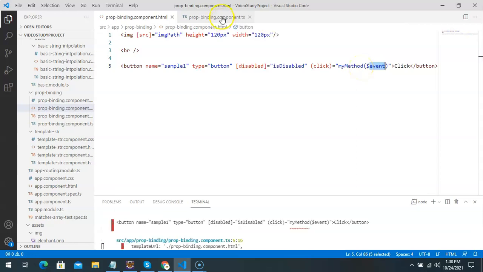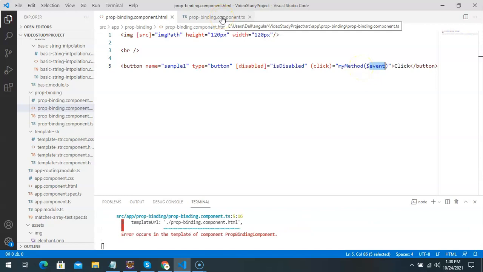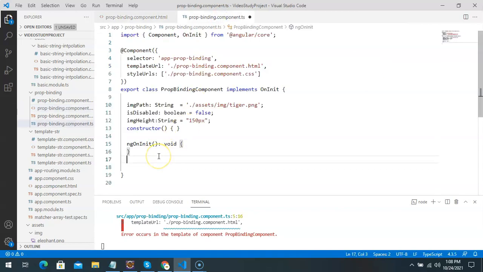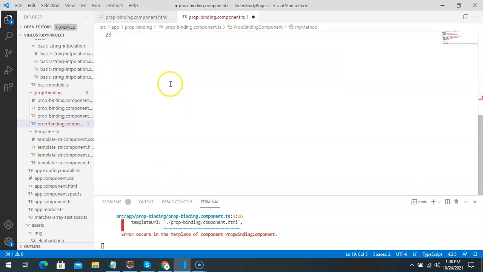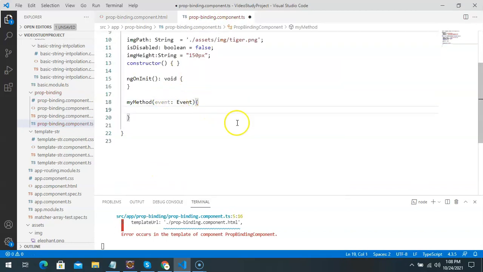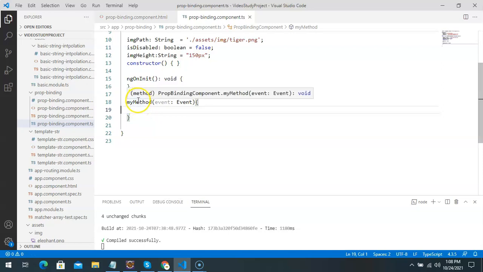Now let's go and write that method in the class. So the method name is myMethod. Here we have created a simple method with the name myMethod that is referenced in the template's HTML element. We are going to accept the event.